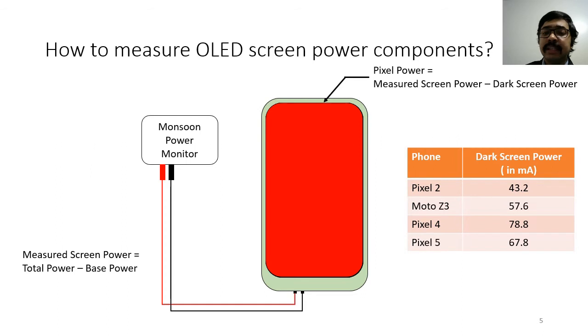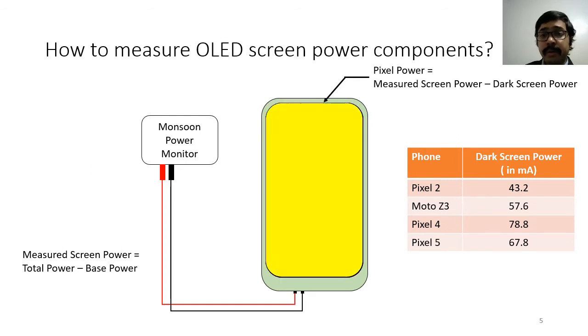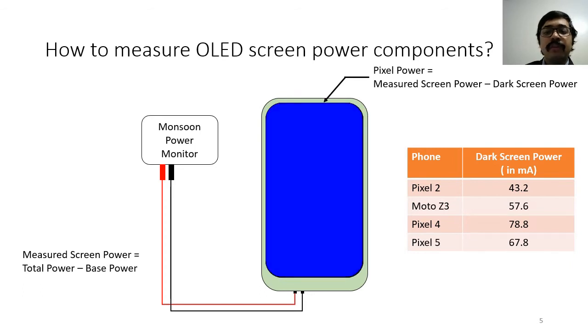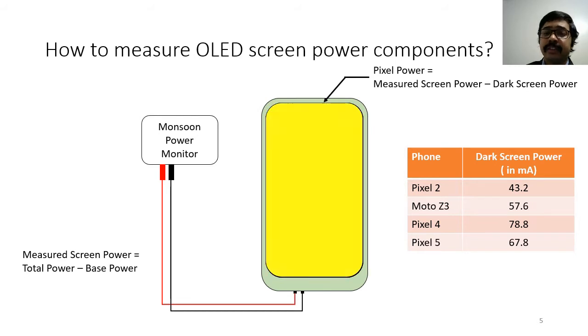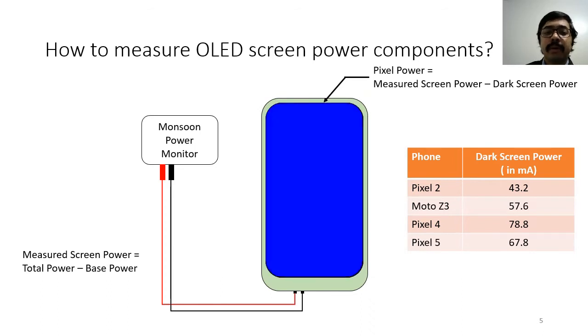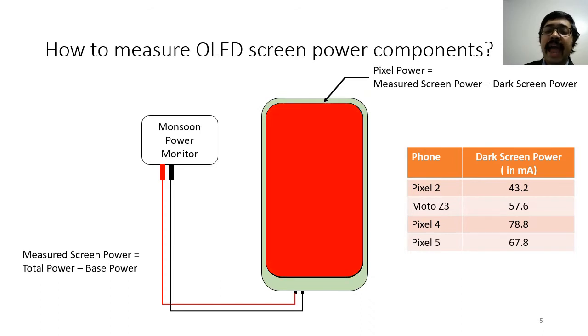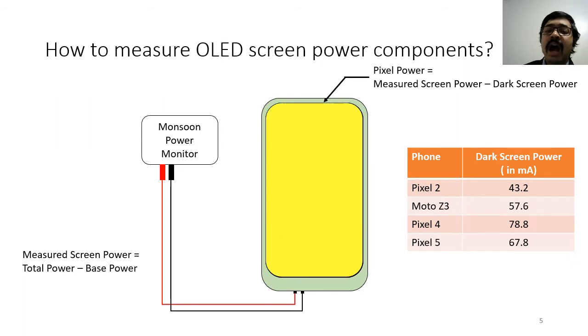There are more than 16 million RGB combinations, which makes it impossible to characterize every color. A mere 2 seconds spent to capture the power for one color would take us more than a year, which makes it a non-trivial effort. To this effect, we have to model pixel power as a function of its constituent subpixel power. With the aid of the accurate measurement, let's see how the pixel power can be characterized.